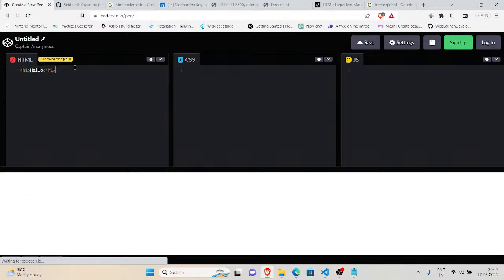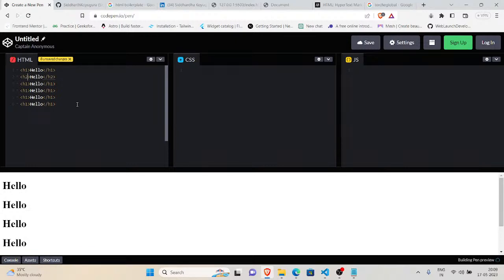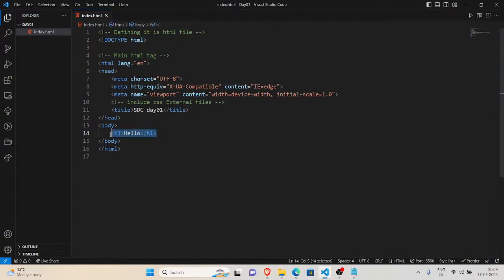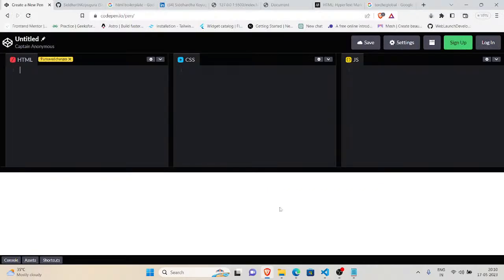H2, H3, H4, H5, H6. These are the heading tags, which go from H1 to H6. Let me save it.